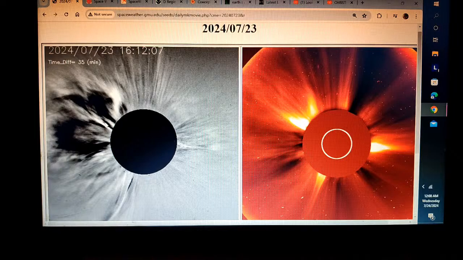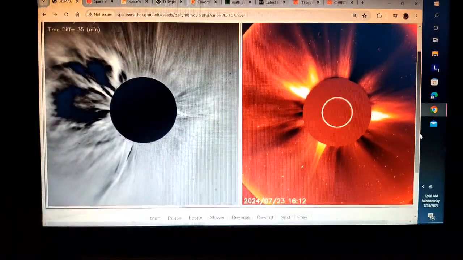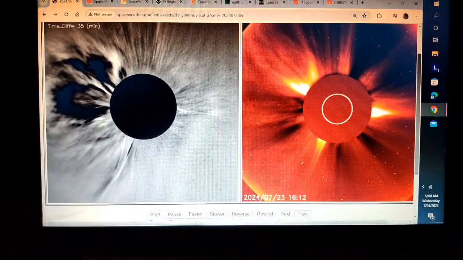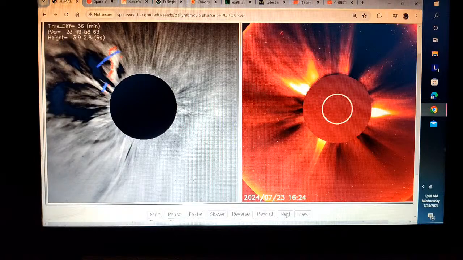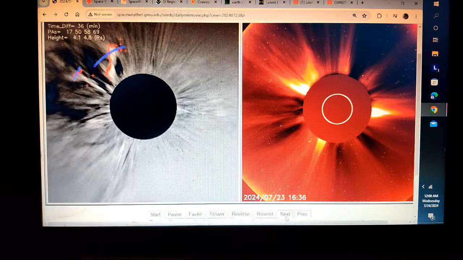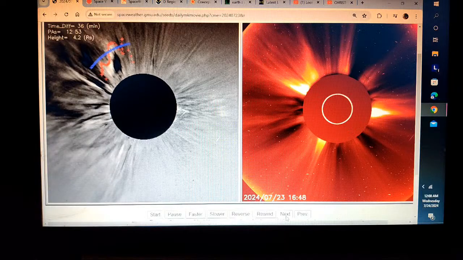Something like that. All right, so there's our bigger object that just interacted with the sun today. Now let me scooch back down here. You can still see it back in there. It's just very faint.